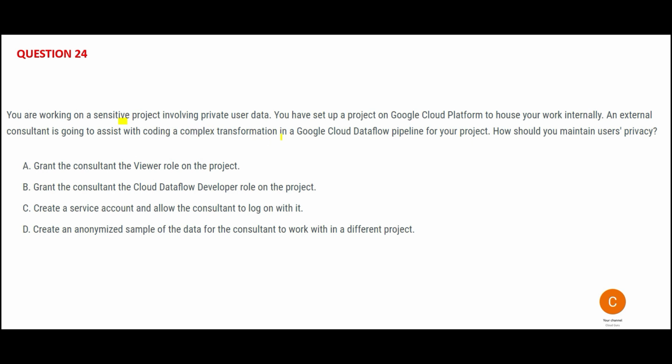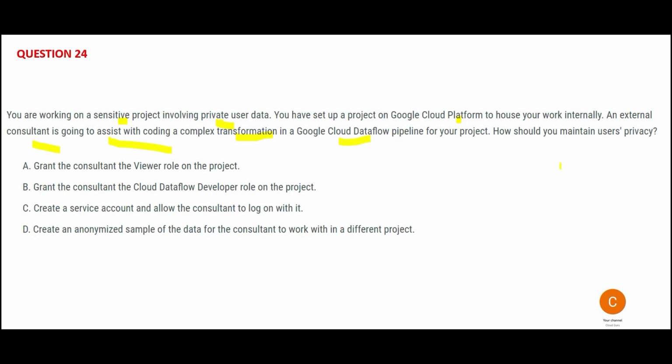So if you have gone through all that and you are working on a sensitive project which involves data from private users, what you do now is keep that data in a secured manner on the cloud platform. You are putting it somewhere in the cloud platform. Now the complication comes. This company is so careless that for their internal sensitive data, they are getting an external consultant to assist with the coding of complex transformation using